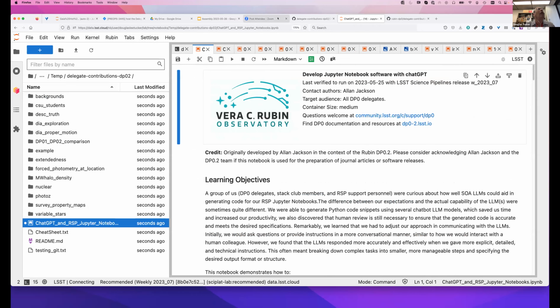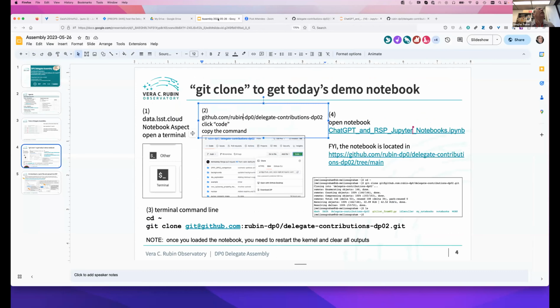We describe all this in the contributions.